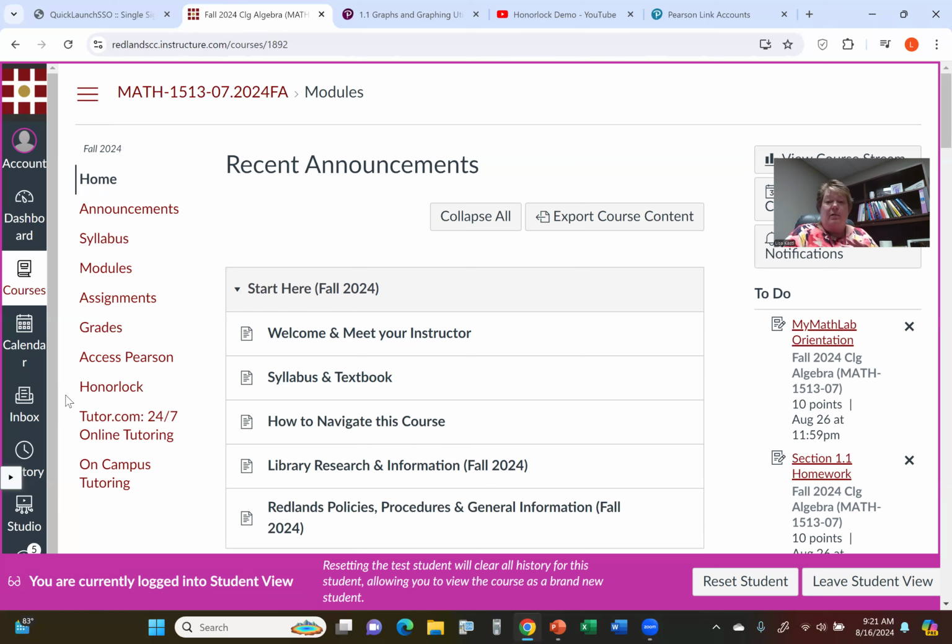If you send me an email that doesn't come from Canvas, just be sure you tell me what course you're in. I teach multiple sections of this, and I have a lot of students in my online classes. So if you'll just say, hey, I'm in college algebra and this particular course code is right here. This may not be your course code, but this particular course that I'm in Canvas is 151307. So if you just tell me I'm in college algebra, you give me the section number, and I'm good. I'm in college algebra 7. Then I will know where to look for you.